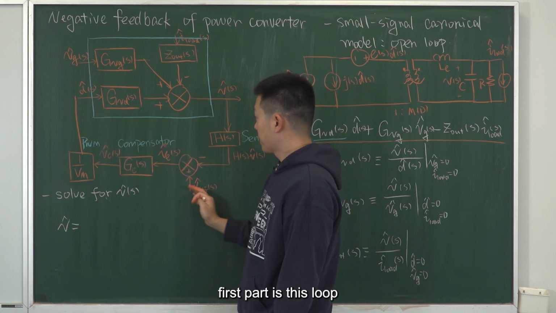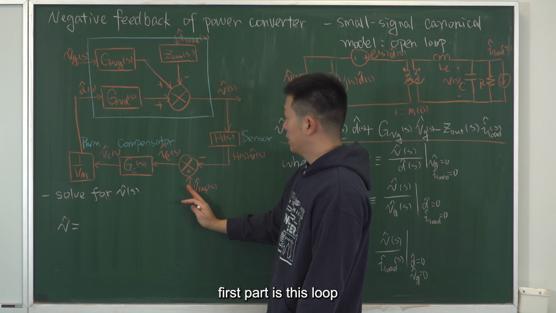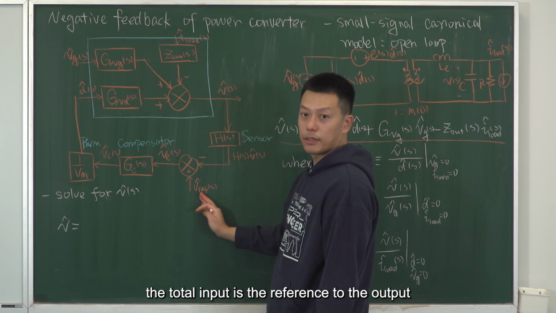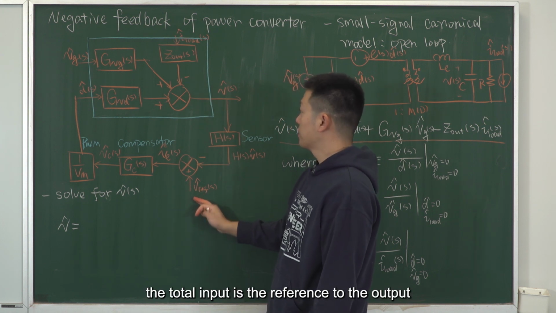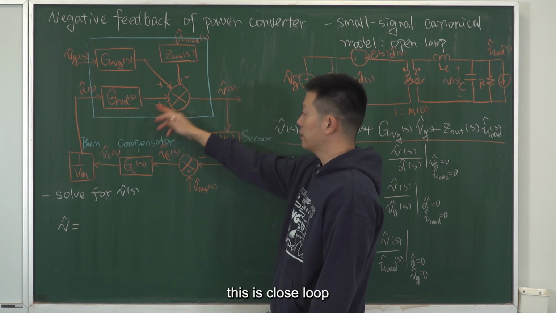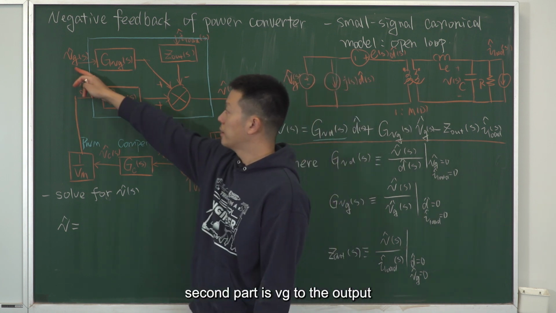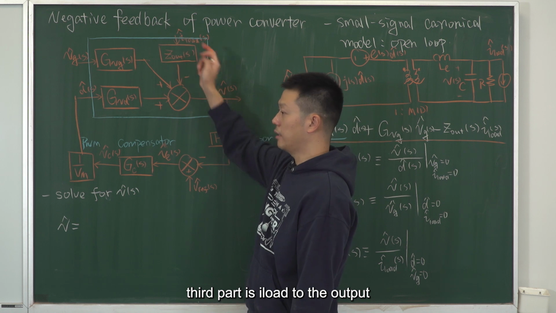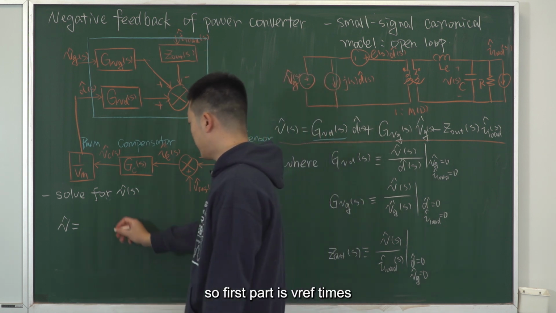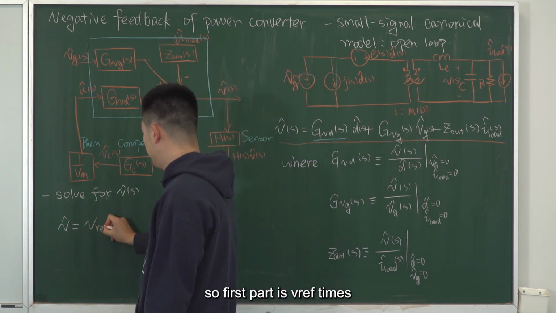The first part is this loop, right? The total input is the reference to the output. This is a closed loop. The second part is Vg to the output. The third part is iLoad to the output. So the first part is Vref times